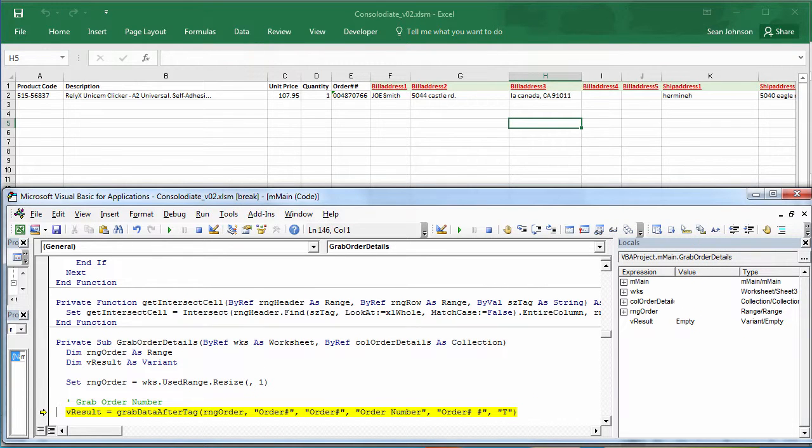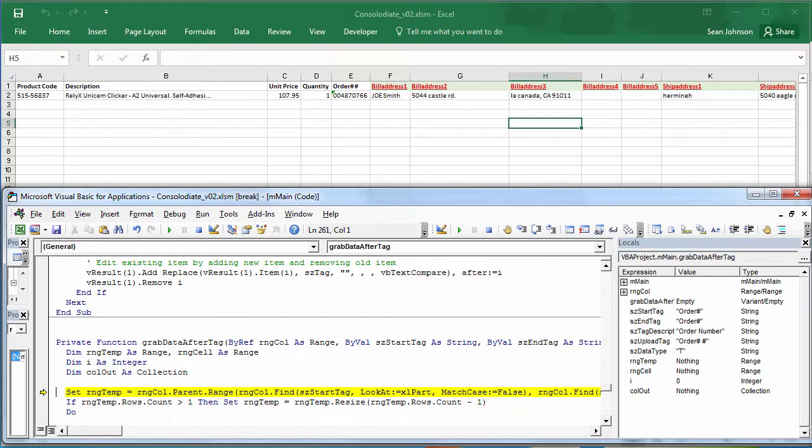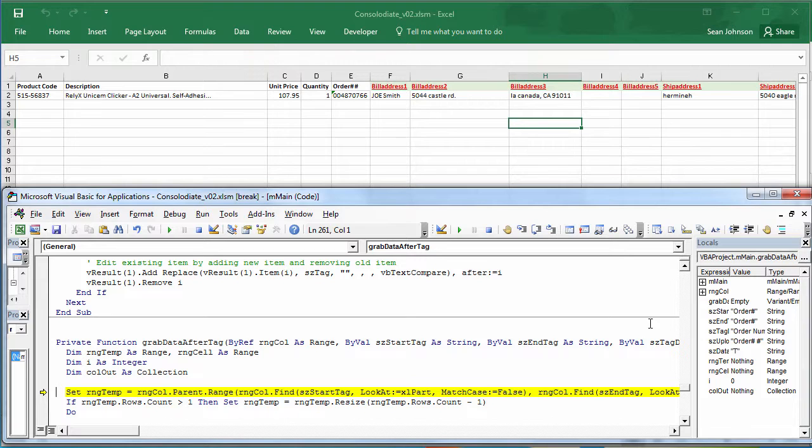So we're going to look for something that begins and ends with the name order hash. So if we go in there, what we're doing here is getting a reference to range temp, and these are the range call, range start tag, end tag. So start tag contains order hash, end tag contains order hash. So within range call, which is basically the first column,